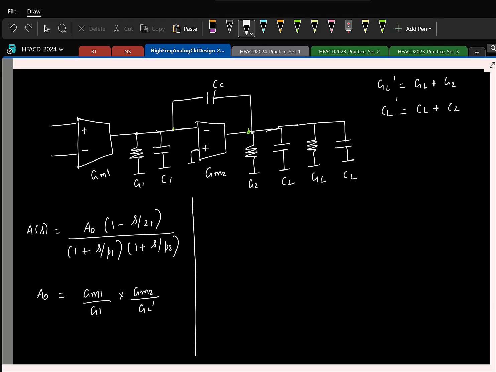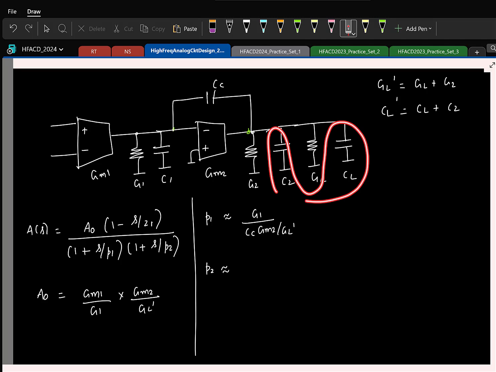Similarly, can you tell me the first pole approximately? The conductance here is G1 and the total capacitance is approximately this capacitor multiplied by the second stage gain. So it's G1 by roughly CC times. Similarly, what is the second pole approximately? Again, first let's write it fully. If you write the total capacitance, we have CL prime in parallel with a series of C1 and CC. So that's CL prime plus